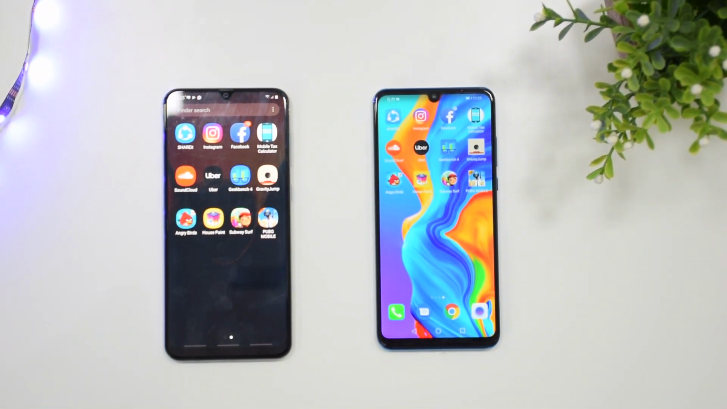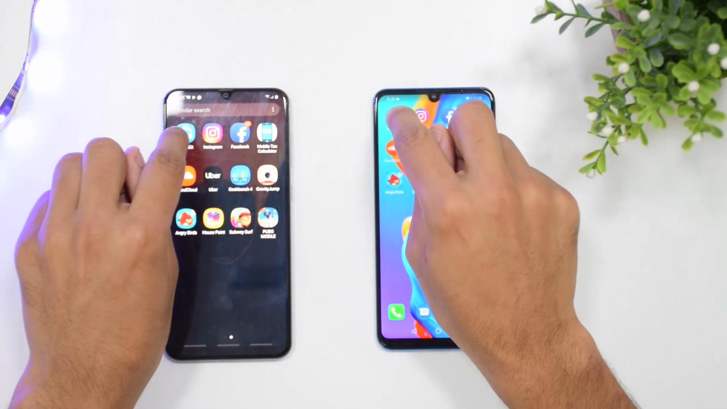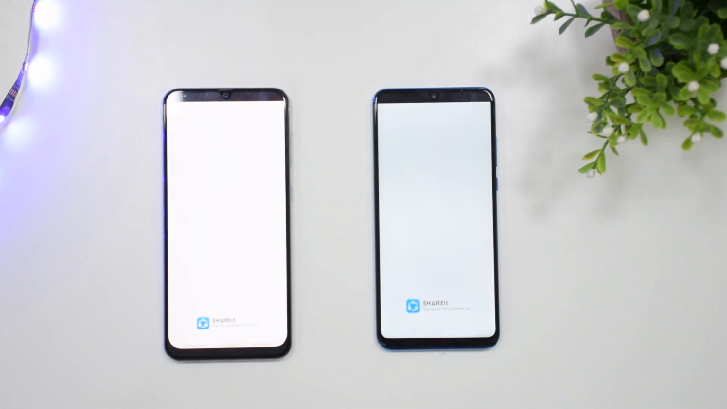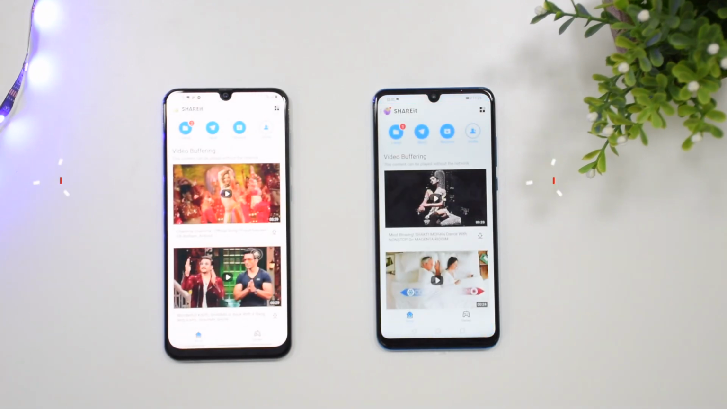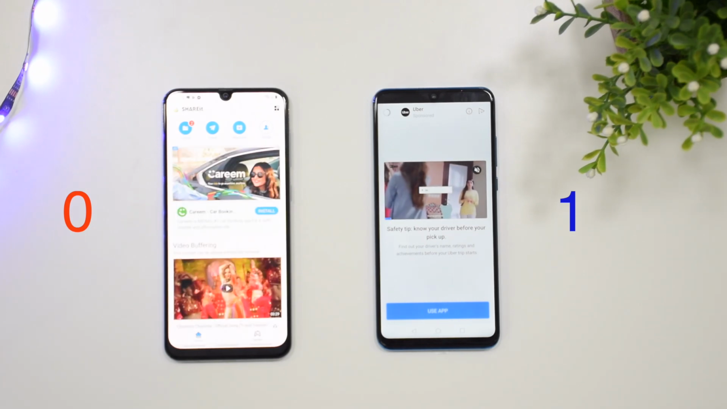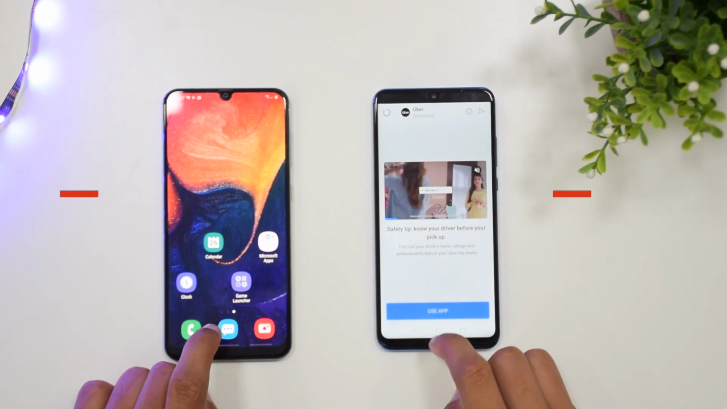Let's start with the app section first and see who wins the race, and here we go. We will be starting the test with the Share It app and let's do it. P30 Lite is a clear winner in Share It. So let's go back and run another app,